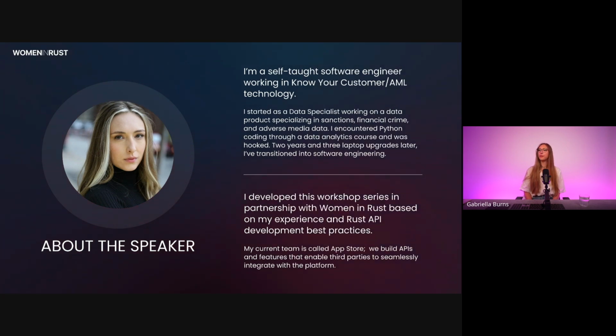And so I realized I really loved coding, and pursued a position within the company on the software engineering side of things. So 2 years and 3 laptop upgrades later, I've made the transition in.